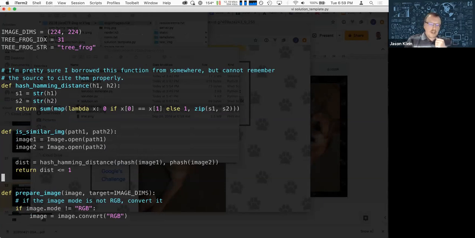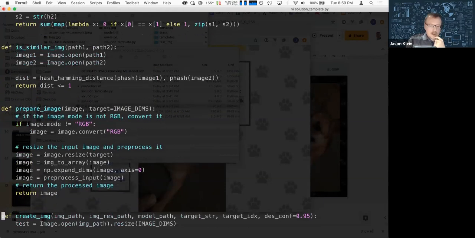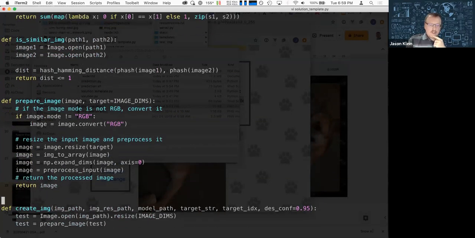And looking at the website, some of these were off by as much as 13. And then preparing the image, this is basically reading the image in and converting it so that it's ready to be analyzed by MobileNet. You'll have similar code examples if you're feeding images into ImageNet.